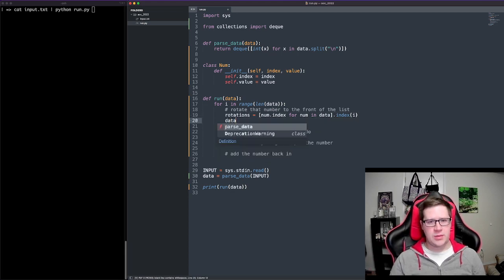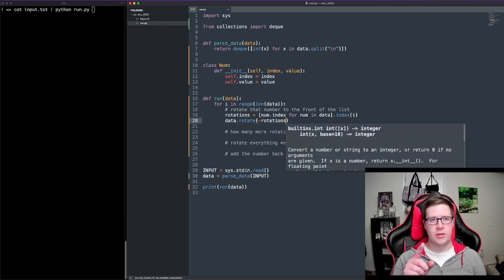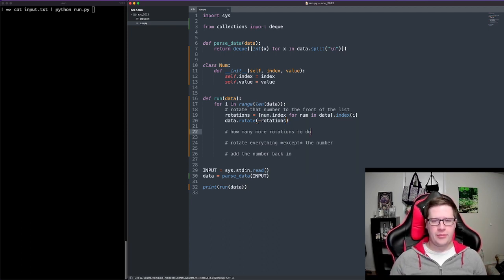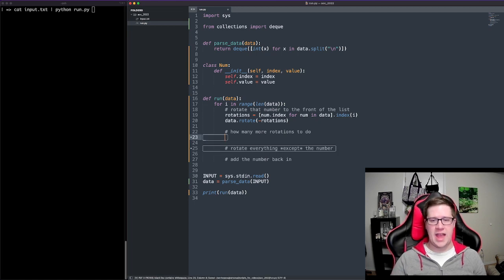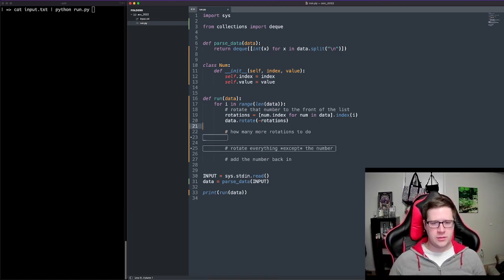So in this case, we have data.rotate. There we go. And we want to use negative rotations, right? Because we want to rotate left rather than right, or I guess your left rather than right? Okay. So how many more rotations do we actually need to do? Because obviously there's a limit to the length. Oh, we actually need to